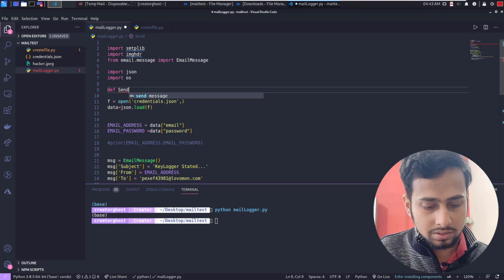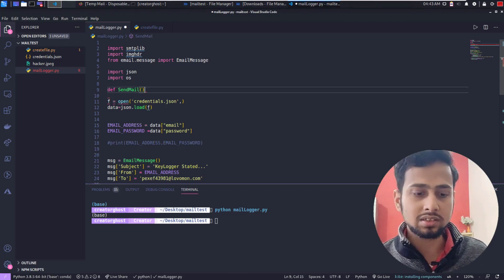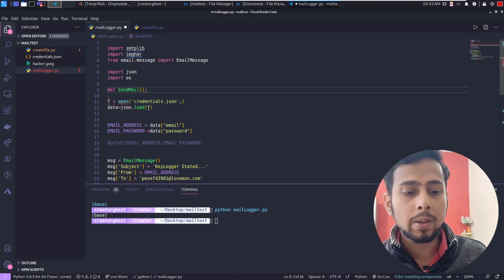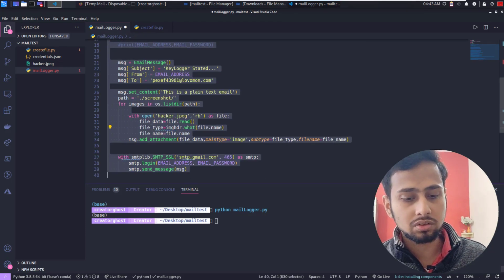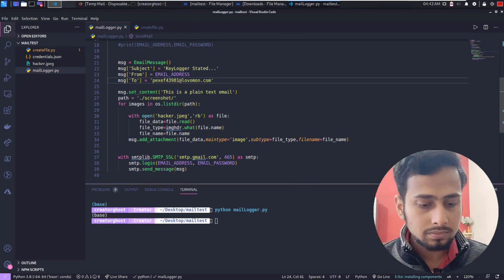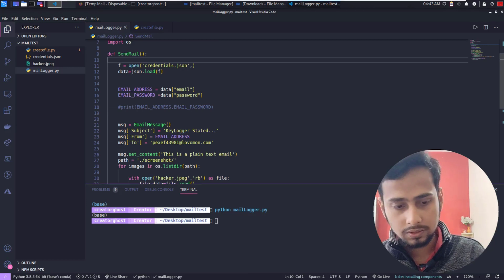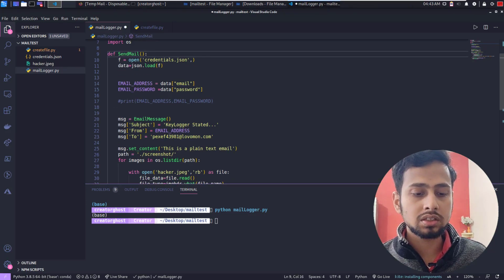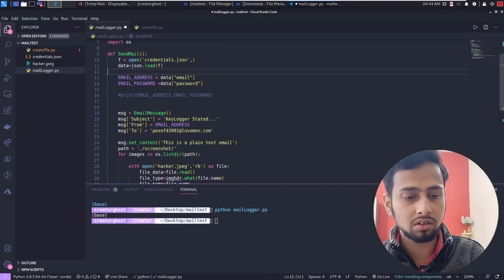This function is called send mail, and it is not going to take any parameter for now, but you need to make it parameter ready. Here we are just doing easy and dirty work, but you should consider creating it more properly. This function is going to simply open the file that we have mentioned and do all the things which are already mentioned.